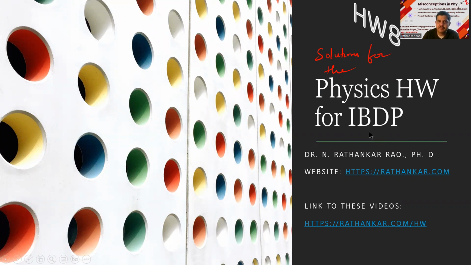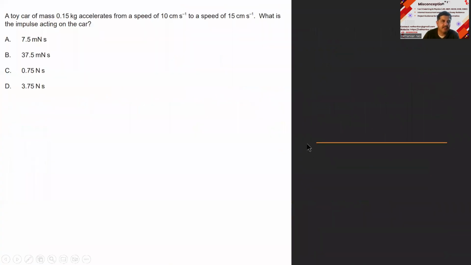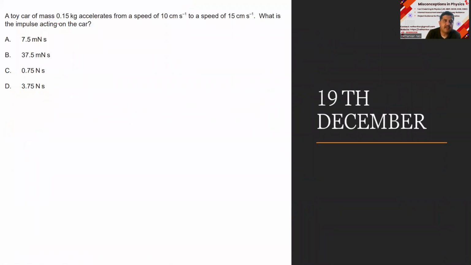So we are going to find out the solutions for this. Now, the first question. A toy car of mass 0.15 kg accelerates from a speed of u equal to 10 centimeter per second to a speed of v equal to 15 centimeter per second. What is the impulse acting on the car? What is impulse? Impulse is nothing but change in